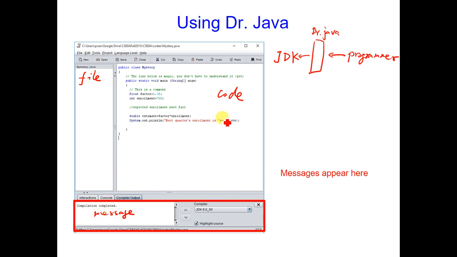Some of you may already have installed Dr. Java. I think there is one issue with some of the newest Windows machines where you have very high resolutions, and if you download Dr. Java, the fonts in here are extremely small. What you can do is go to Edit inside Dr. Java and click on Preference, and in there, adjust the font size. That will at least give you visible code and different kinds of displays with text inside Dr. Java. You will have more experience playing with it in our first lab 0. Also, you will live inside Dr. Java for the rest of the quarter when you write programs.